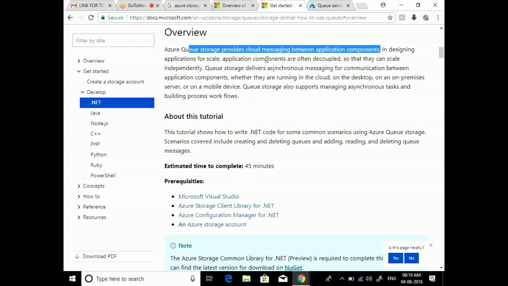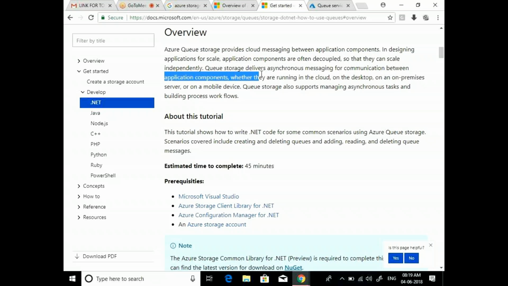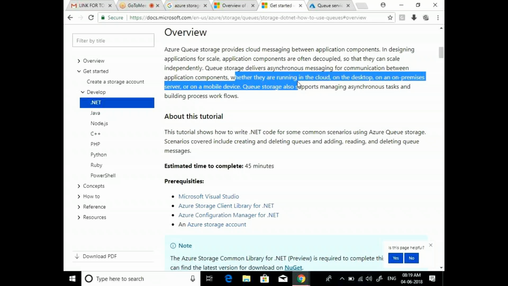The second point is the application components, whether they are running in the cloud, on the desktop, on an on-premises server or a mobile device.